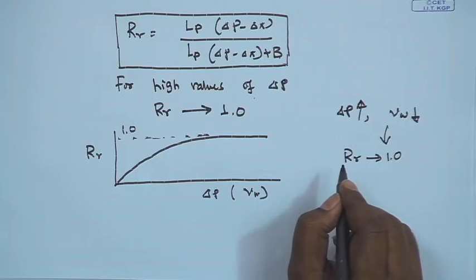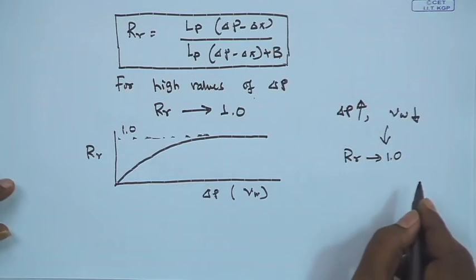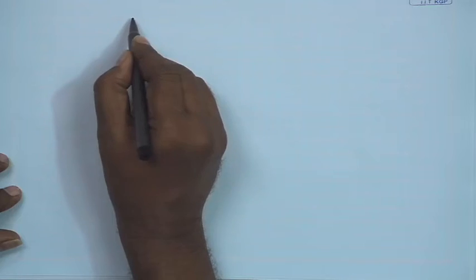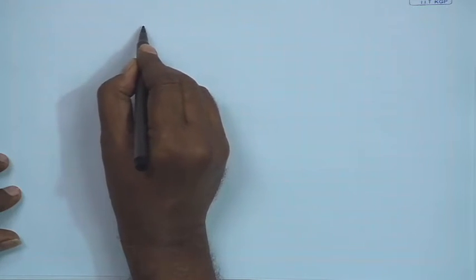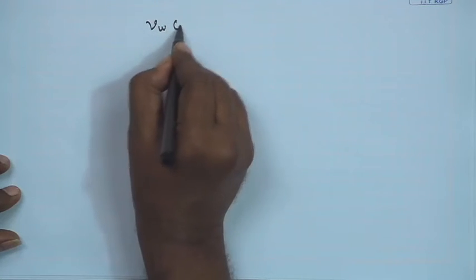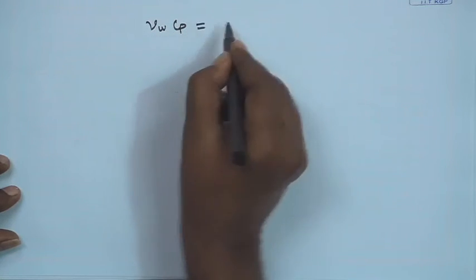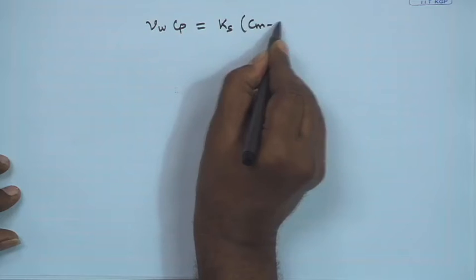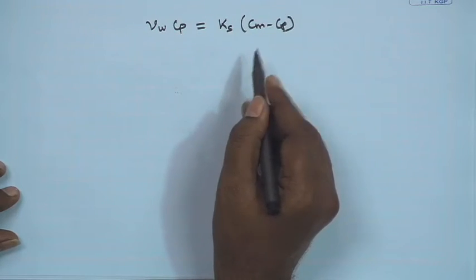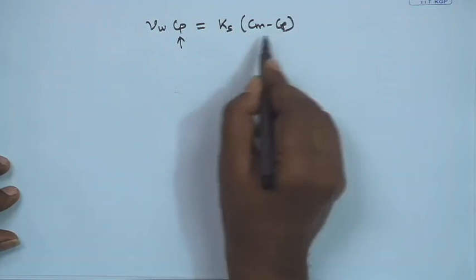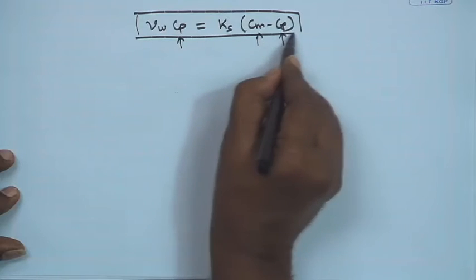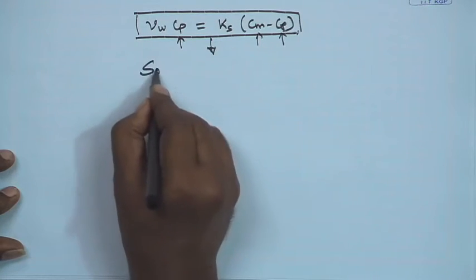Okay. So, that gives the physical significance of retention as a function of pressure, and once that is done, next there will be the transport of the solute flux through the membrane, that is V_w C_p = K_solvent (C_m - C_p). So, now we just remove the primes etcetera. C_m double prime is permeate concentration, C_m is the solute concentration, C_p is the permeate concentration. This equation is also known as the solution diffusion model.